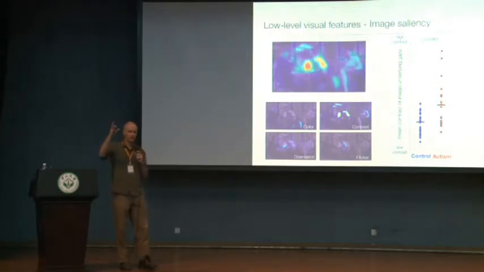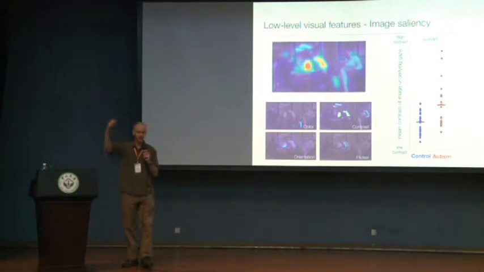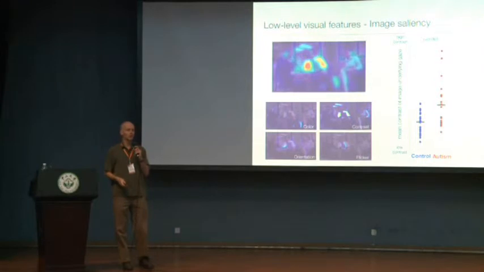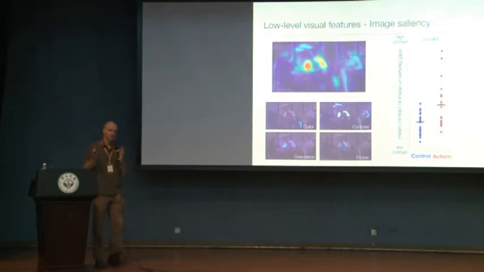Some are low level, like if something is bright or something is moving fast. Some are high level, that you have a certain expectation of some person walking in, or there's something socially very interesting happening, and we want to see the extent to which these differentiate autism from controls. This is still work going on, but I just wanted to give you a flavor for the direction that we're heading.